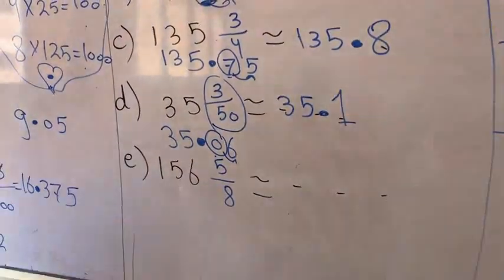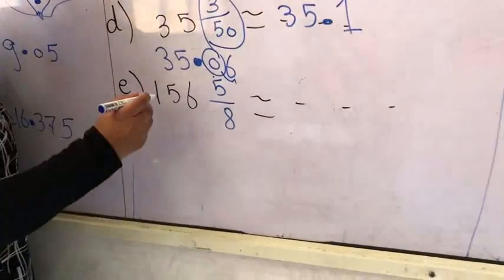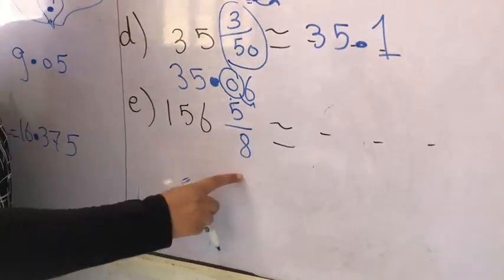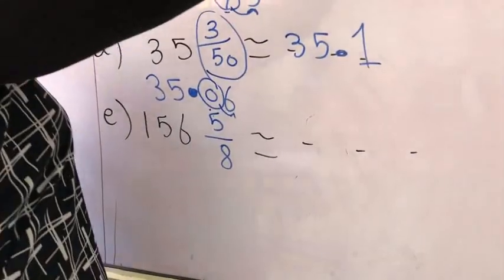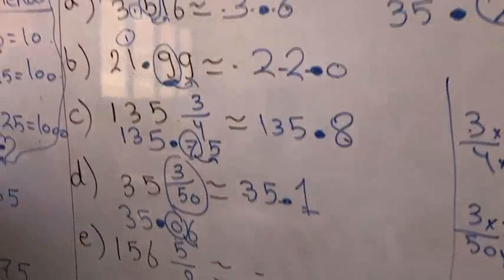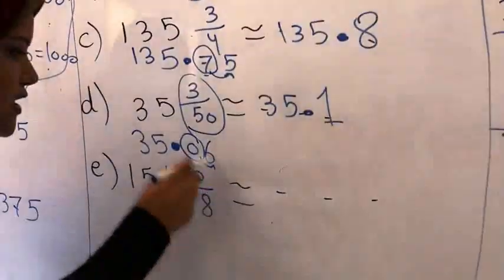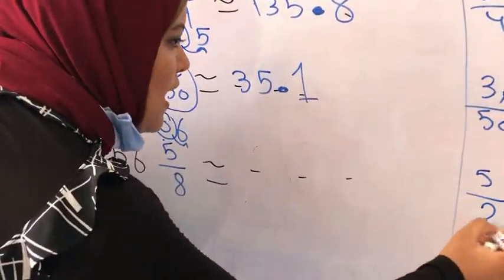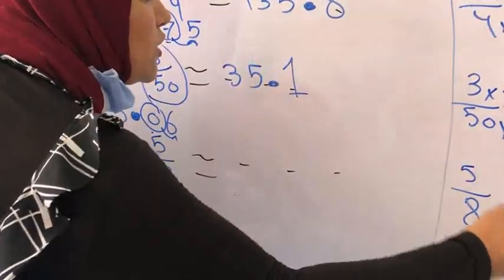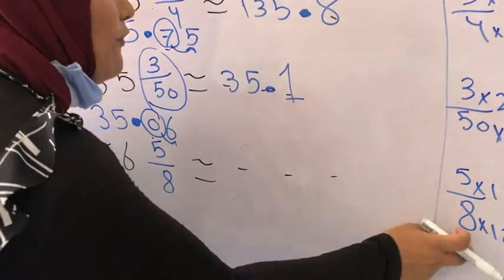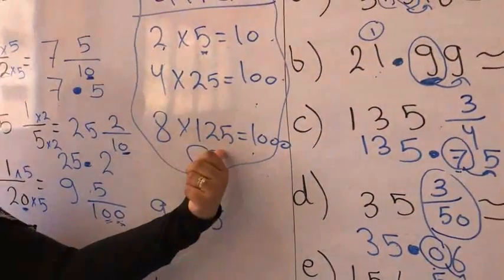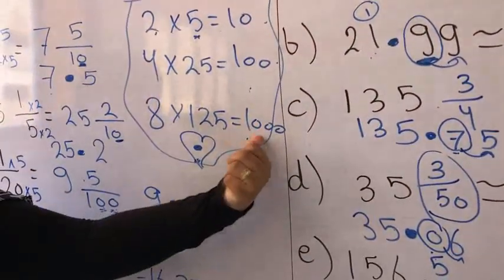And another, 0.35. The last one, Junior: 5, 156 and 5 over 8. Do we have a tens place in here? No. But do we have a 0.1 place? No. A 1 over 10 place? No. What can I do? I will take my fraction and convert it to a decimal by multiplying by 125. Why, Miss? Because the friend of 8 from the table of friends is 125, to get